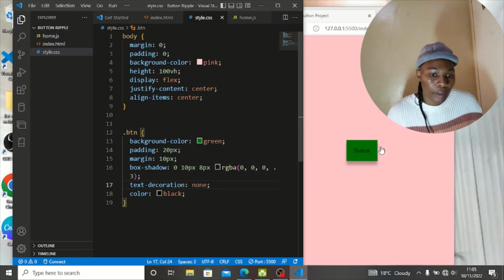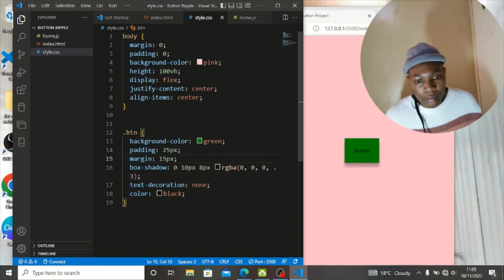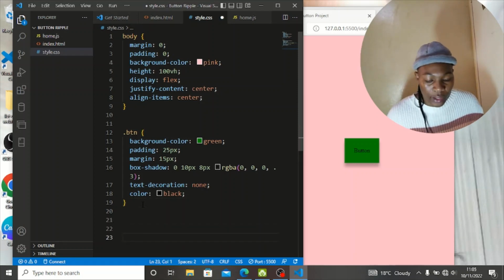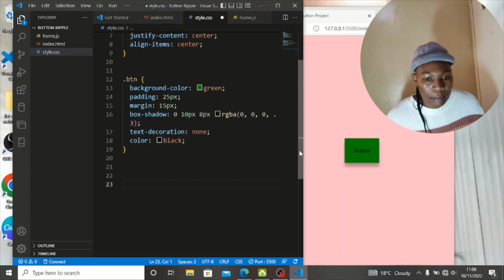There you go. I think this is a pattern. Let me give it a 25 and a 15. There you go. This is a very nice pattern. Now let us create another, so for us to have something like that, a rib that will flex here, let us make a pattern pseudocode